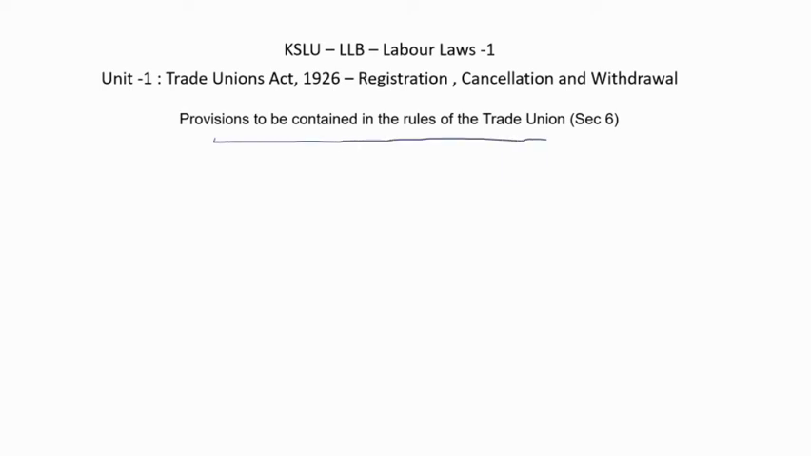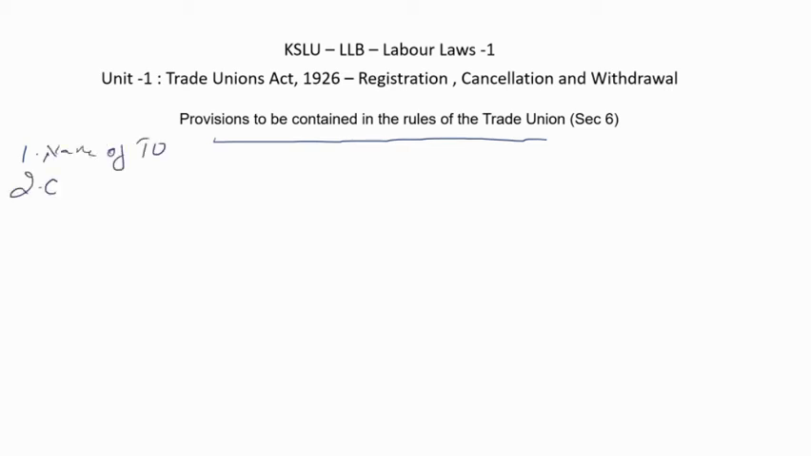Along with the application details that I mentioned in section 5, the rules of the trade union also need to be submitted for registration of a trade union. The rules of a trade union must contain the following details. This can contain more than this, but the minimum information required in the rules of the trade union is the name of the trade union,